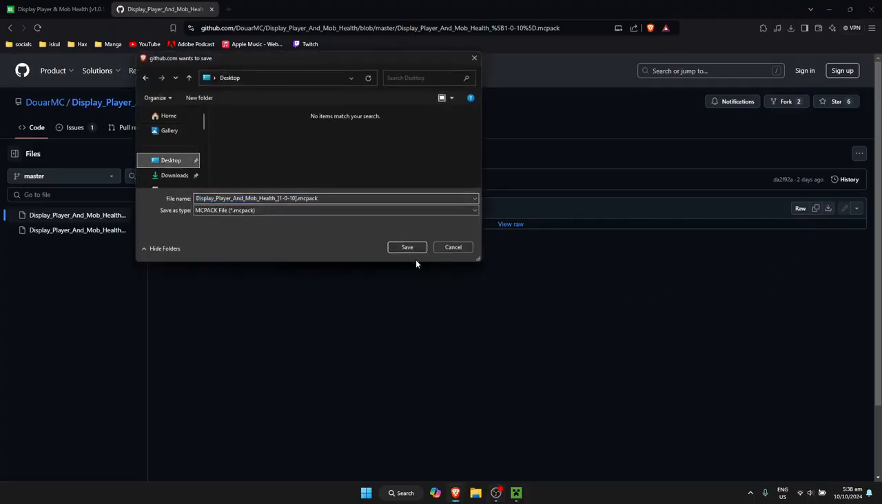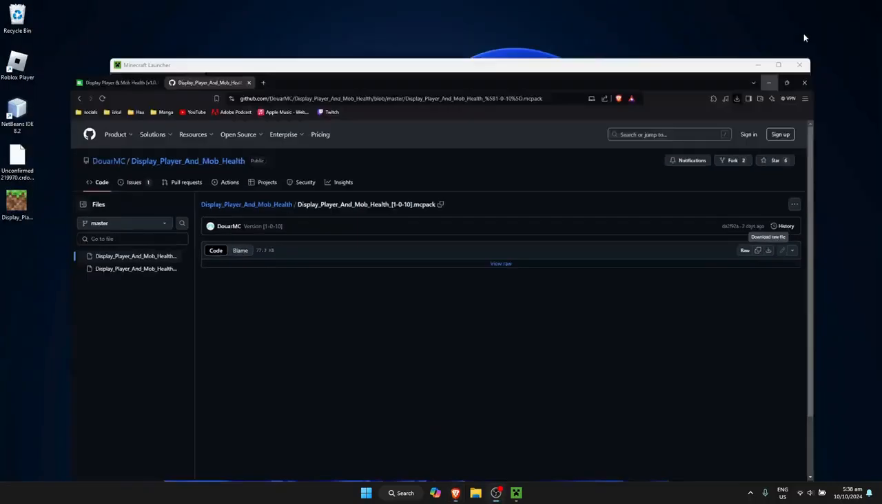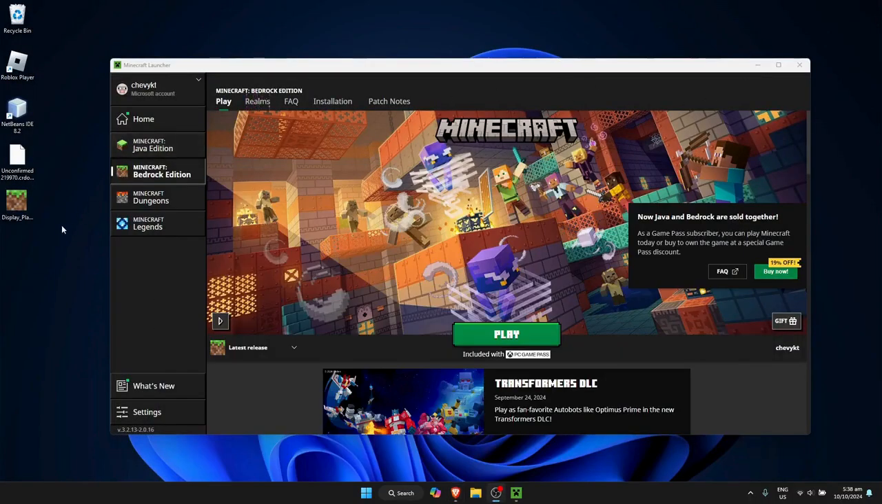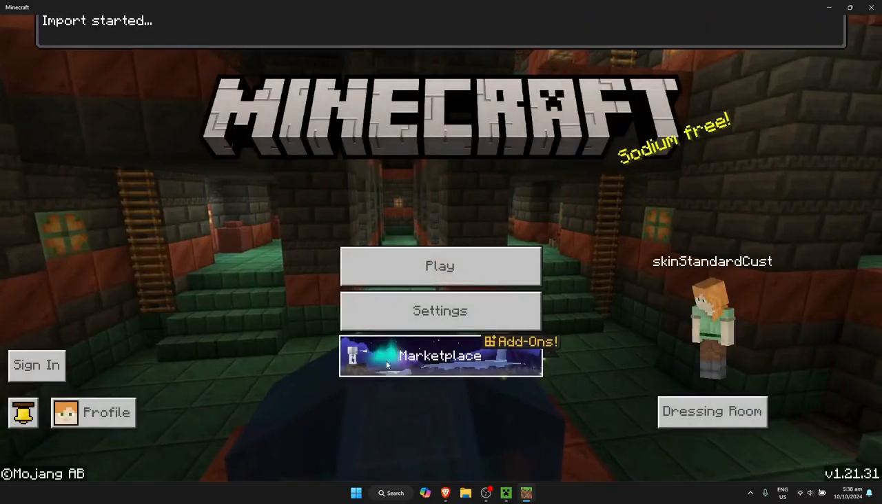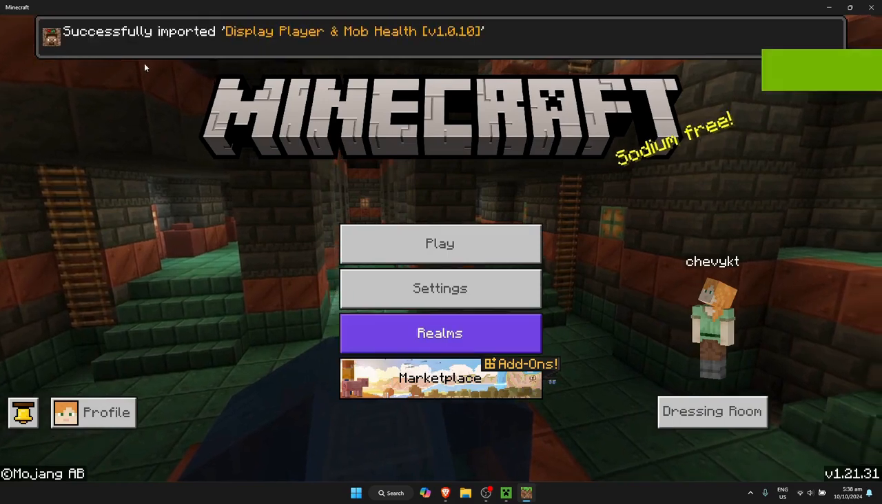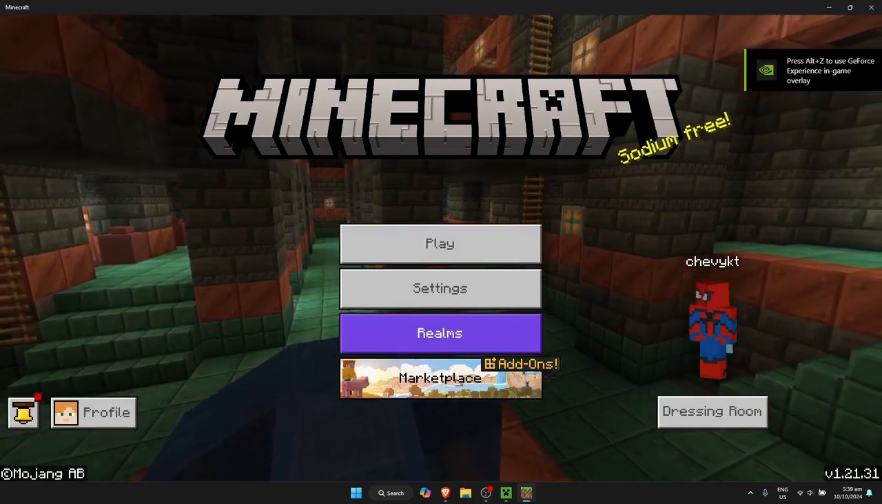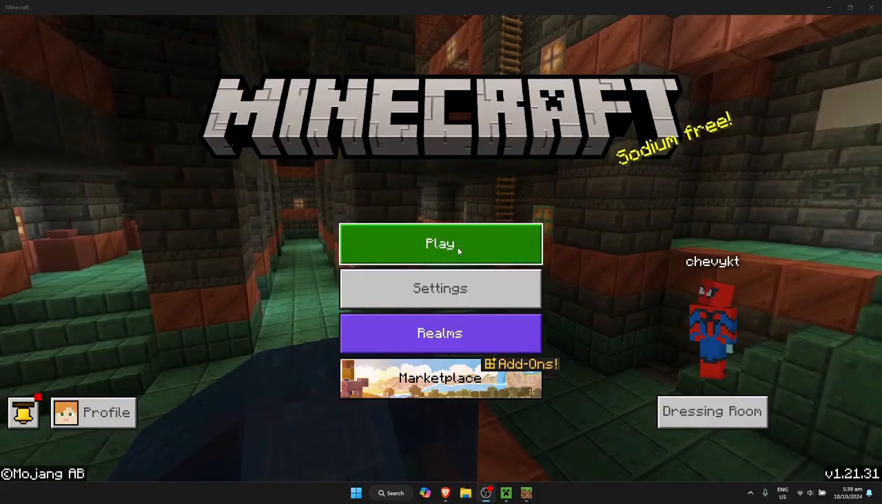And I'm just going to place it on my desktop for easier access. Now, once it's done, you simply need to go to your desktop right here, then just double click on the MC pack and it will open up Minecraft Bedrock Edition and it will say import started and just simply wait for it. And now as you can see, it successfully imported the mod,